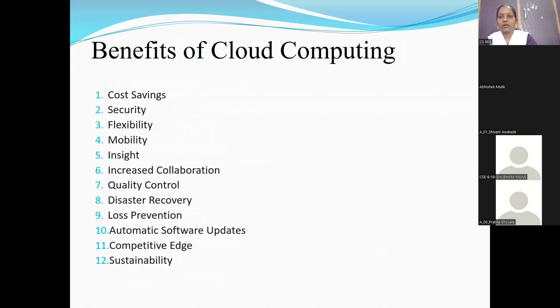So now today we are going to see the benefits of cloud computing. So what are the different benefits of cloud computing? So next is benefits and challenges. So we will take benefits first over here. In the overall discussion, we have seen many benefits of cloud computing till now. Some of them are listed over here. First is nothing but the cost saving. So how will cost saving be achieved?